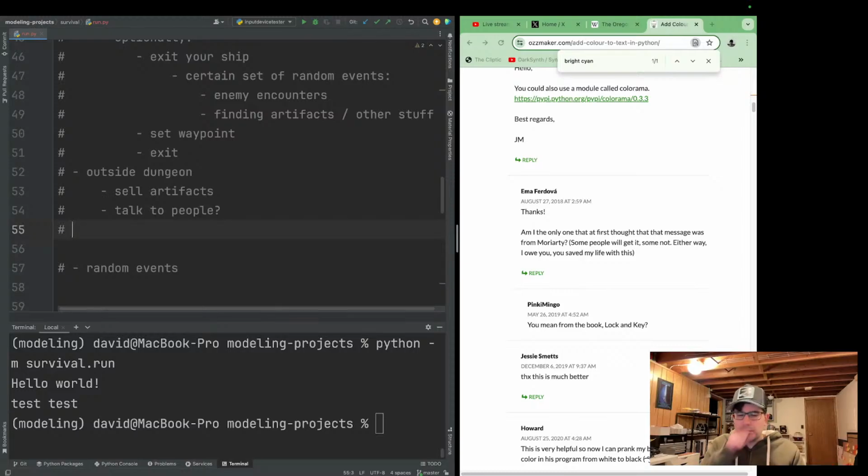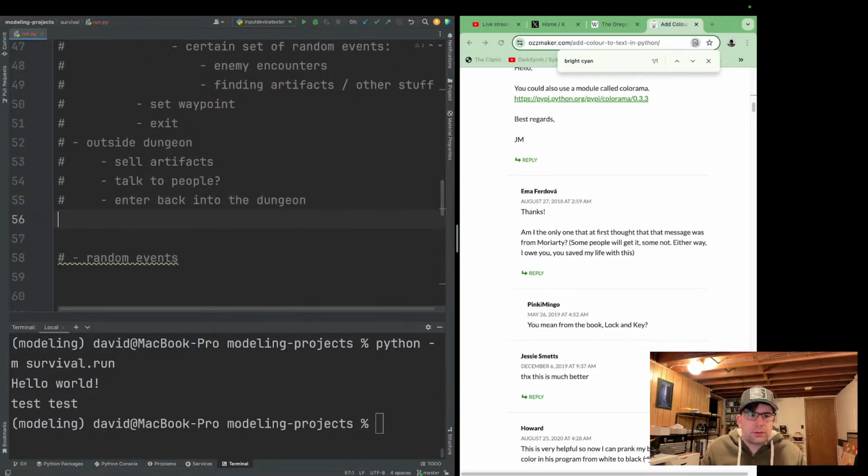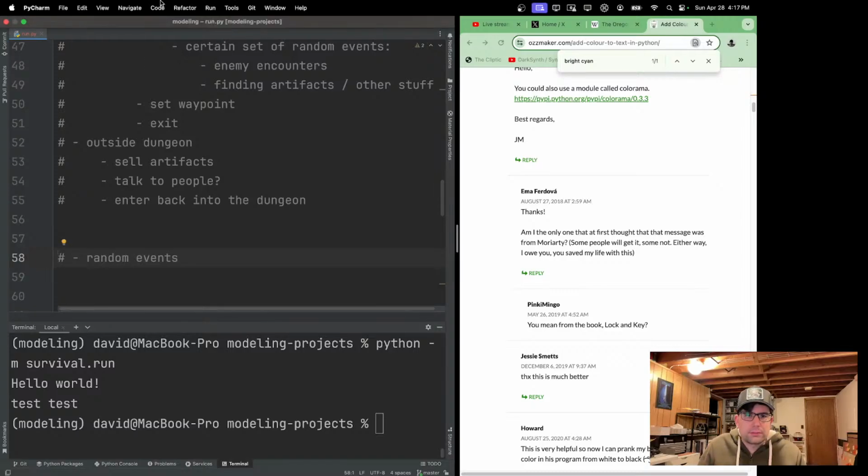And then you could enter back into the dungeon.